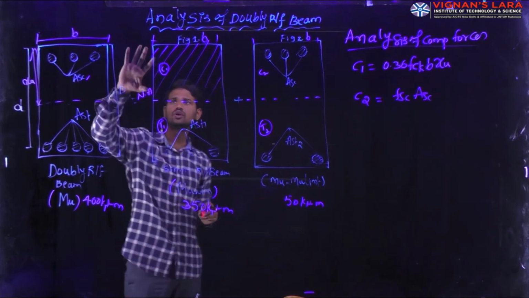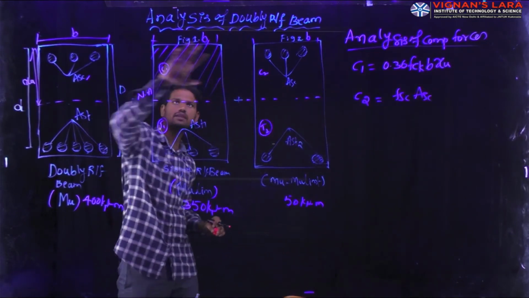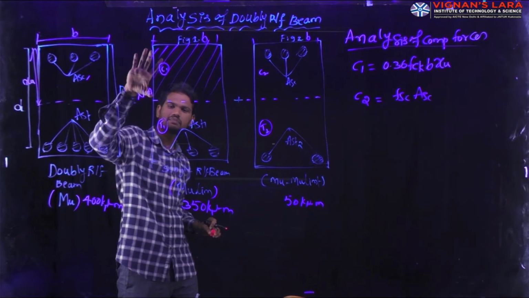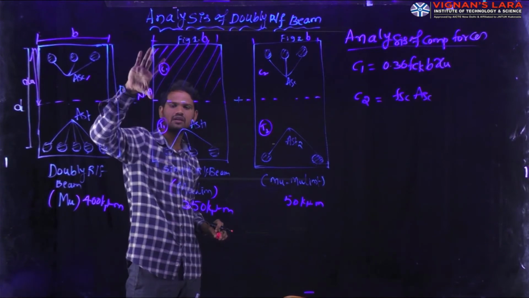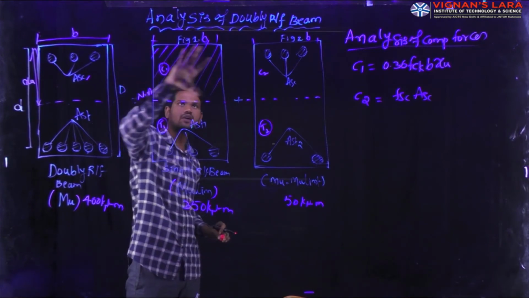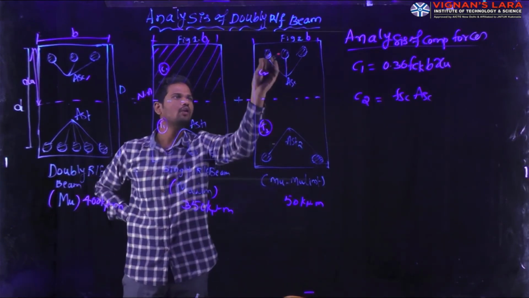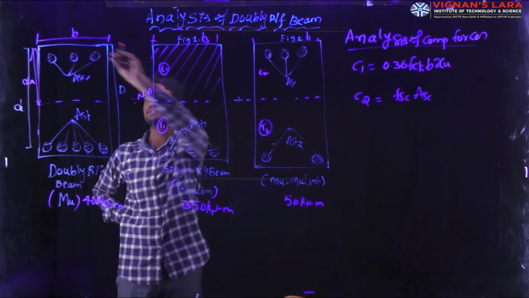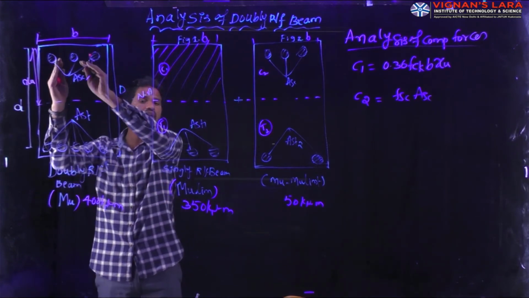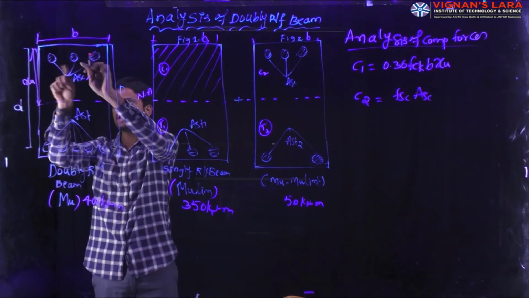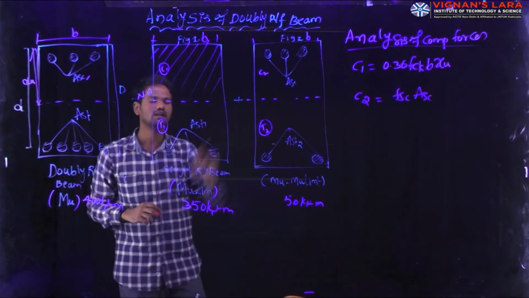We are taking the total section of the beam. That means B XU is the total width and total depth of the compression portion. This is the width B of the section, and this XU is the total depth of the neutral axis. For this total depth, we have calculated this compressive force. But if you observe here, we have provided the reinforcement in this compression zone, as in the doubly reinforced beam. That means in this area we have to deduct the stress of the concrete from the compression zone portion 1.